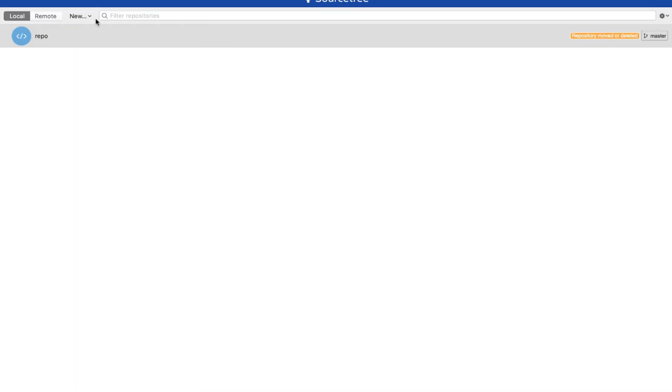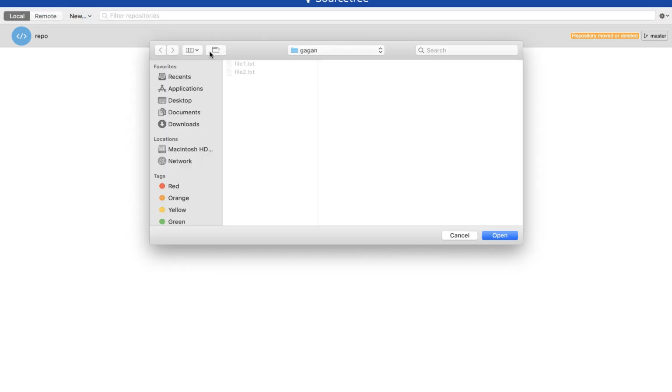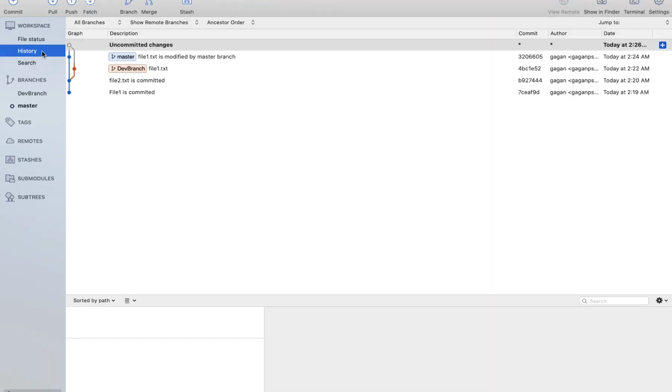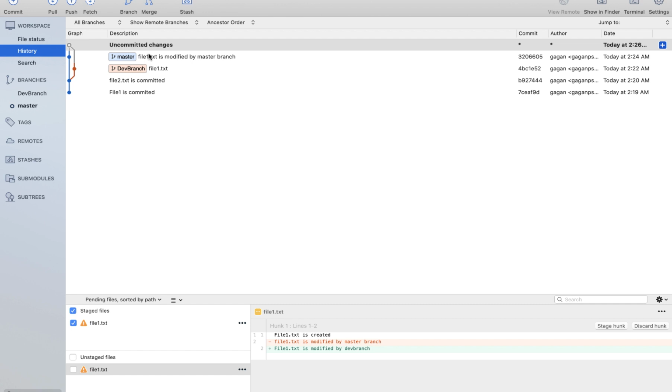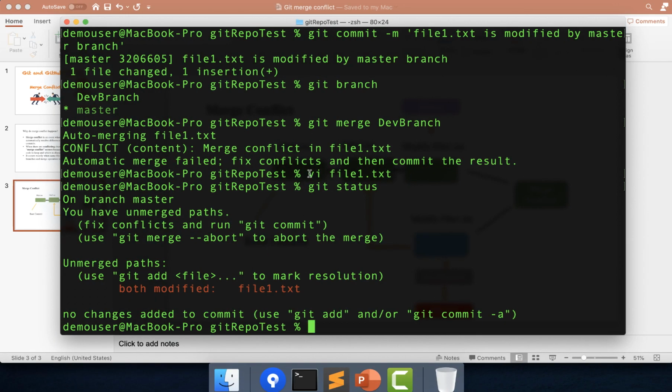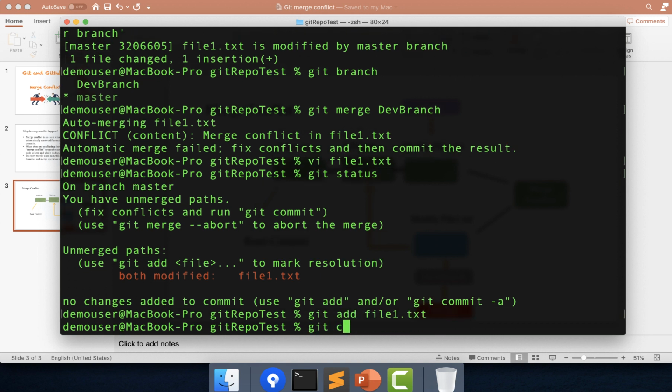Before doing that, I'll just go to my SourceTree and show you the structure. I will open my repository. So I believe this is the name. And if I go to history, you can see the conflict occurred over here, and this is the structure that we have followed. We have created two files over here with two commits. We have modified the file1 with dev branch and file1 with master, and then we tried to merge. There was a conflict over here. To resolve the conflict, we have done changes by using the editor over here, and now we'll just add the file to staging area and we'll do a commit.